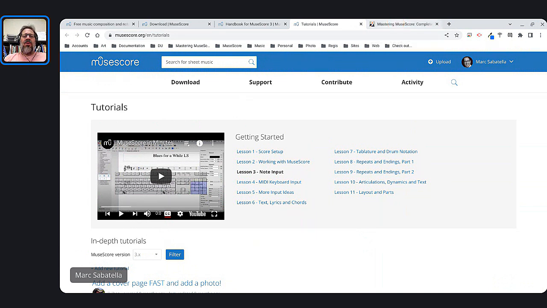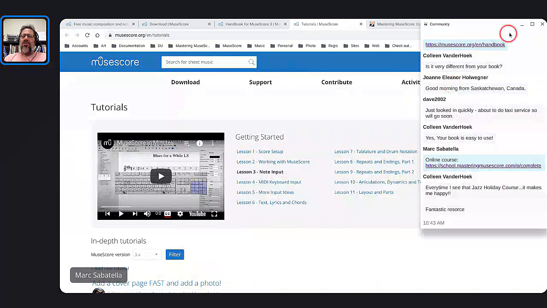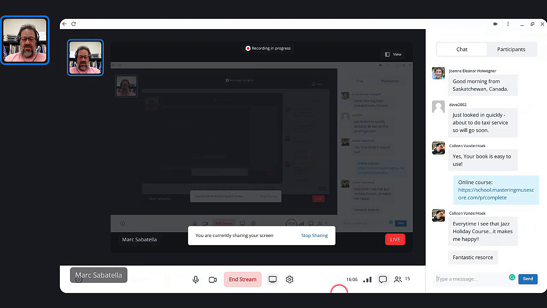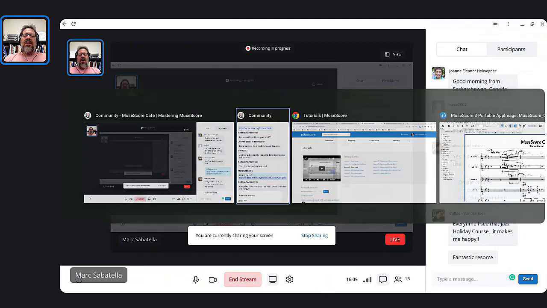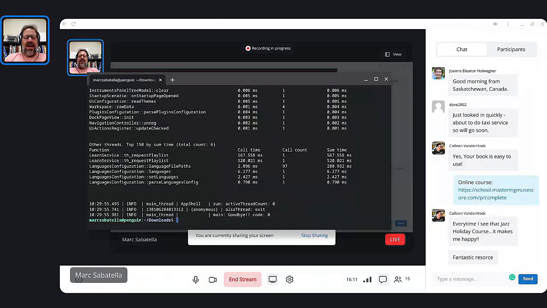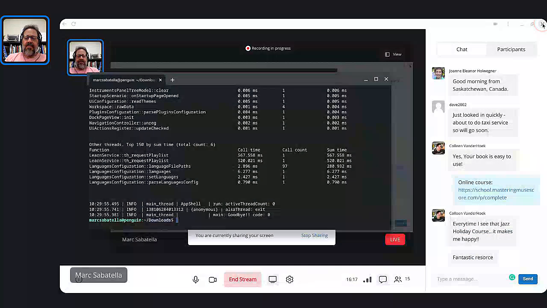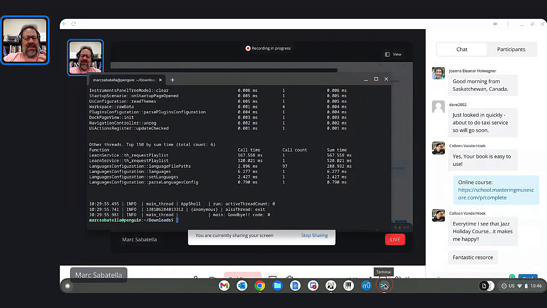So what I want to do at this point is kind of flip over to talking about MuseScore 4, because I know a lot of people are very interested in this, and you've seen only brief snippets of it from me, but I think it's time to see it more. So what I'm going to do is close down MuseScore 3, because on my system, at least, they sometimes compete for the same audio device and get in each other's way a little bit. So I find MuseScore 4 runs a little more smoothly if I don't have MuseScore 3 running at the same time, and vice versa. So what I'm going to do now is I'm going to start